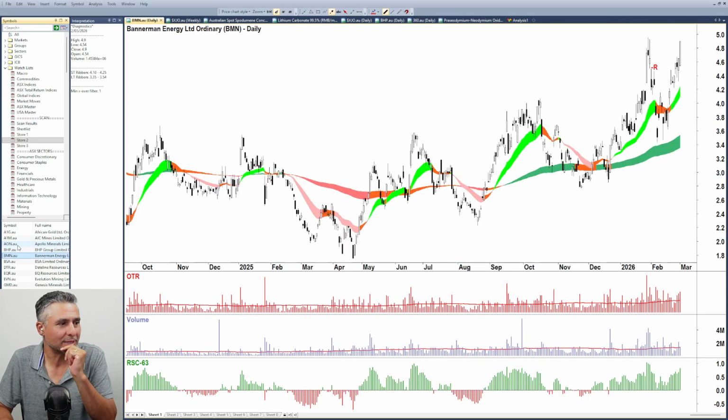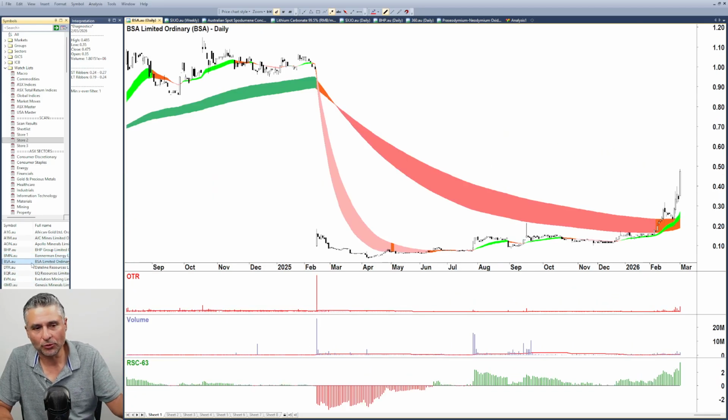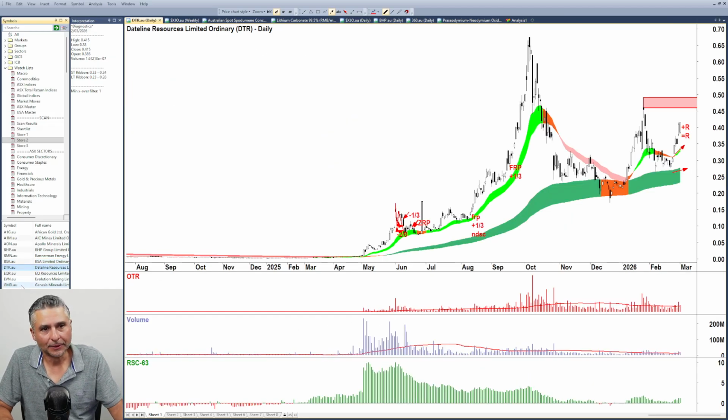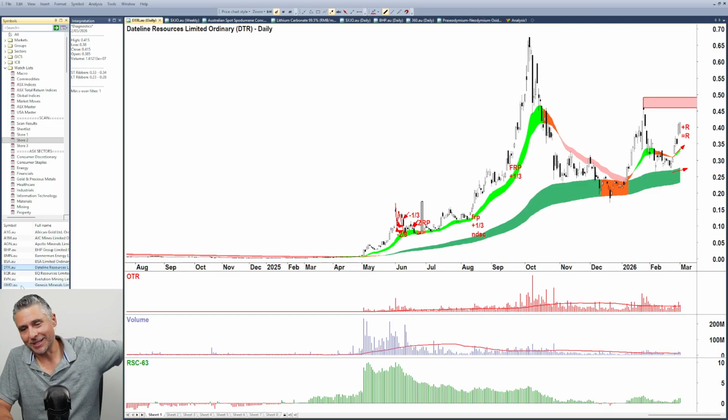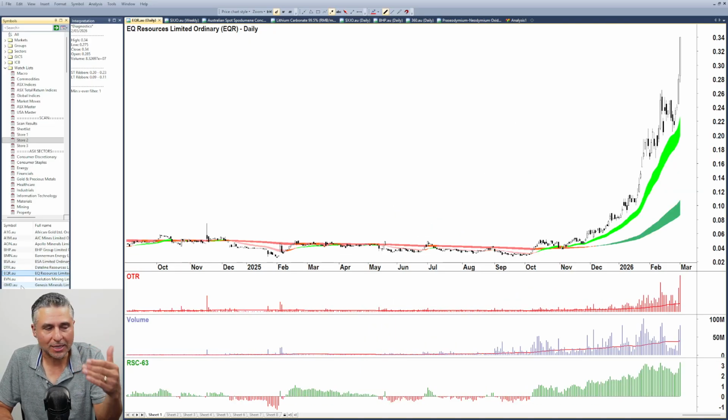So all guns blazing there, BHP. Just looking at those last candles so we can see how strong these last candles are. Generally, there's some volume showing on those as well, just supply removal, getting things going, interest. BSA, and DTR. And this one is more in from a variety of setups. You can see up to this point, we've got really continuations, don't we? So this is a bit more of a turnaround. So it might not be as strong as some of those other ones, but just getting that diversification in our setups.